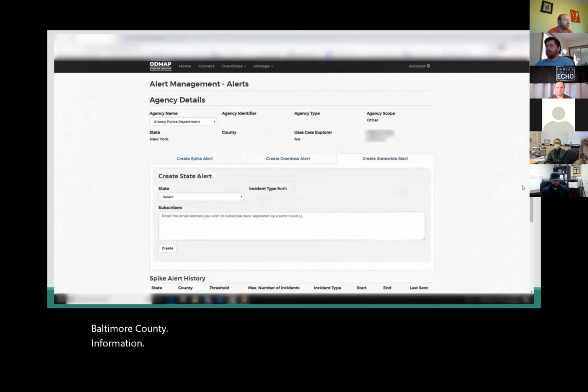An exciting new feature is also a statewide spike alert. This creates an alert for an entire state, so that if any county in that state is experiencing a spike, the user will get an alert. The incident type is defaulted to both, so it encompasses both fatal and non-fatal overdoses, and this cannot be changed.